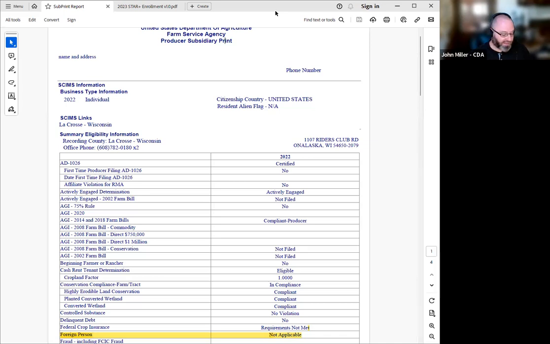But as long as they fill out their FSA paperwork and you send us an enrollment package that has good, concise answers that are filling out the needs of our questionnaire, then we will reimburse them for